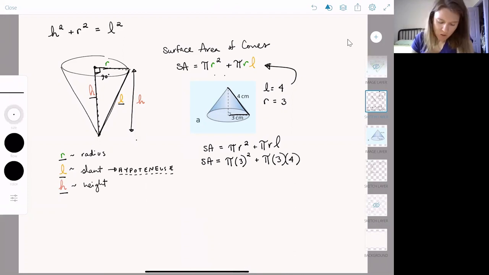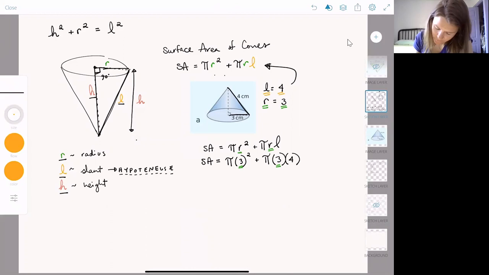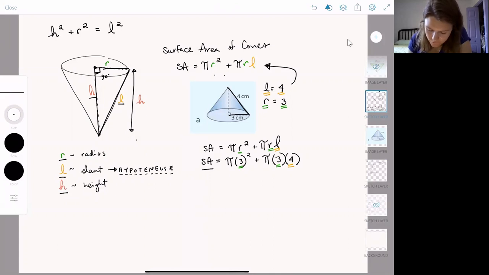Okay, so I have substituted all of my values correctly. I've got my R, which is 3, and I've got my L, which is 4. Now, my variable is isolated on the left side. All I have on this side are numbers. So when I'm simplifying,